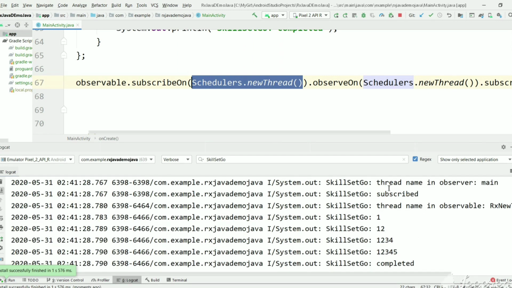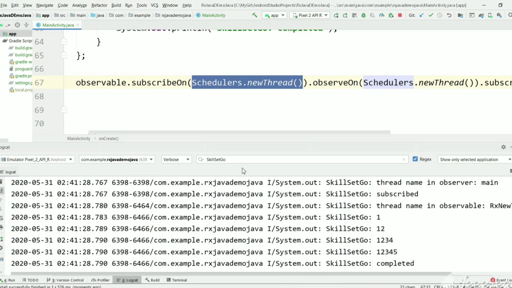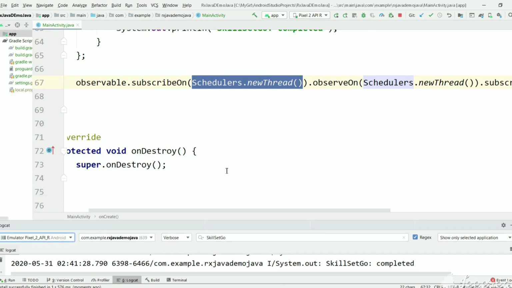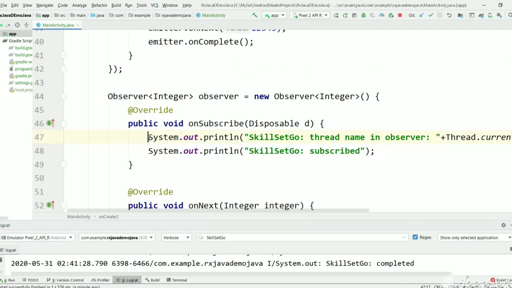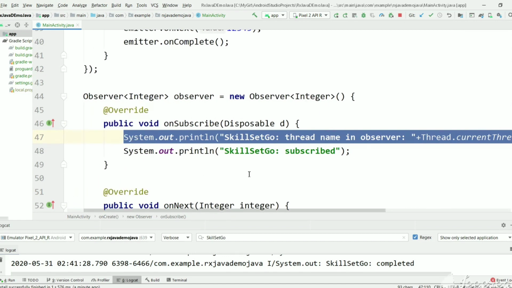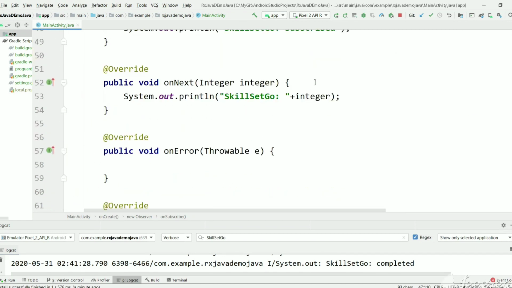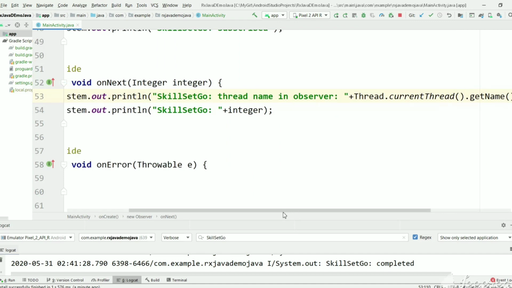As you can see, still the observer is running on the main thread. Even though we specified a new thread scheduler, it is running on main. We are printing in the onSubscribe method. Let's print it in onNext, because this is the core method where the actual data is received by the observer.